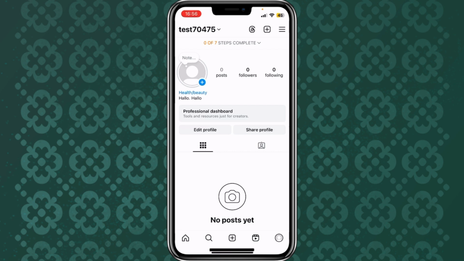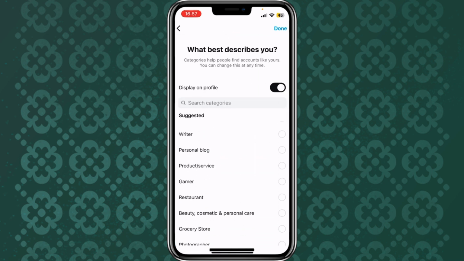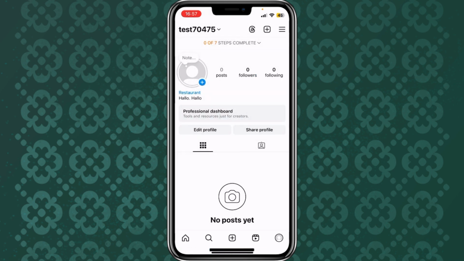Then go to edit profile, scroll down to category and select restaurant. Make sure to display it on your profile, so check this box up here, hit done, go back, and now you see